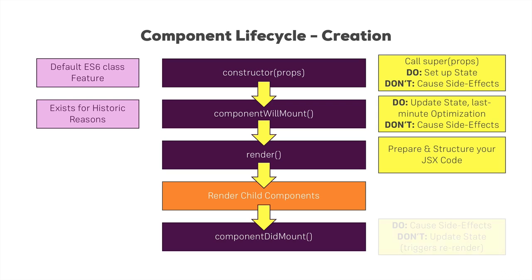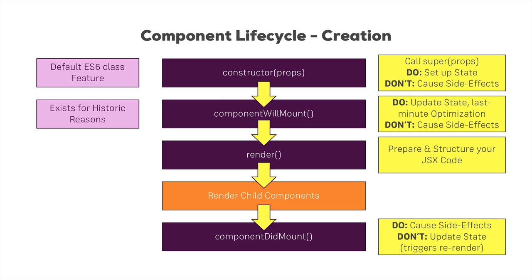Now, there in component did mount, you can cause side effects. This is the point of time where you want to reach out to the web, for example, to fetch some data. What you shouldn't do here is update the state though, because that will trigger a re-render. So that is something you have to keep in mind. Don't call set state in component did mount. This will trigger a re-rendering. And if you're wondering how exactly it would look like reaching out to the web and using the result from that web access, this is something we'll also have a look at in this course once we start adding web access to our applications.